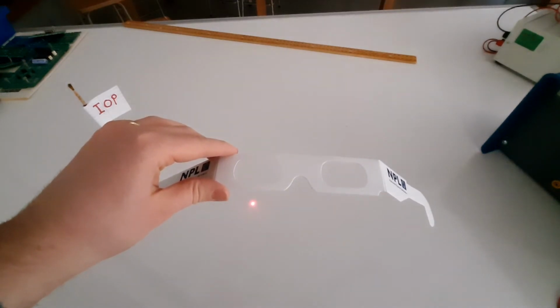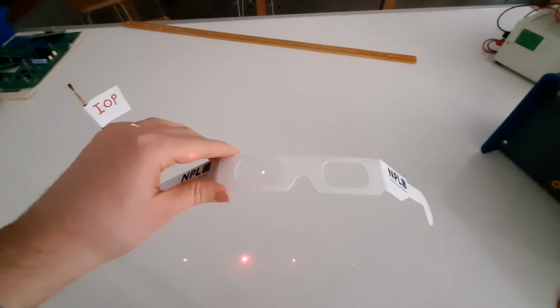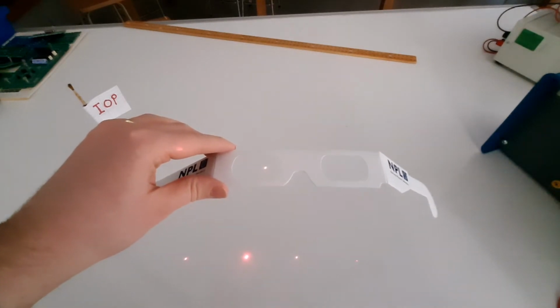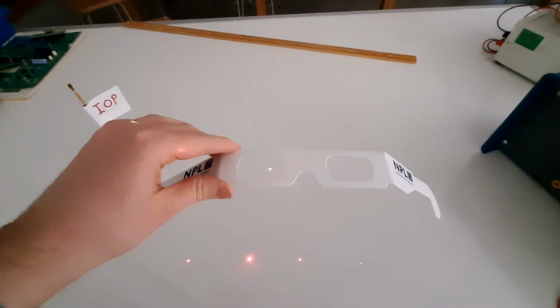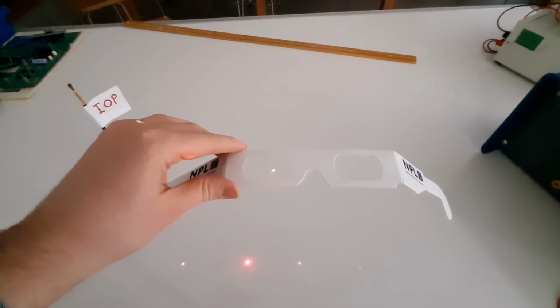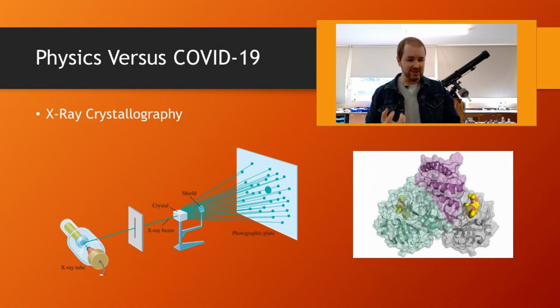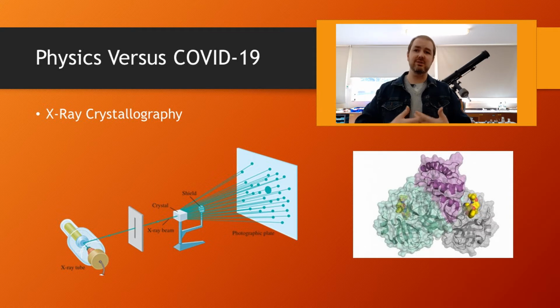But single beam, pass it over the diffraction grating, and we get this spreading effect, and we apparently have more beams coming out. And that's a diffraction pattern. And that's essentially what these X-ray things are doing. So there we go, and that's really just a very, very simple setup where you have a beam coming in and splitting apart. X-ray crystallography is the same thing, but it is for